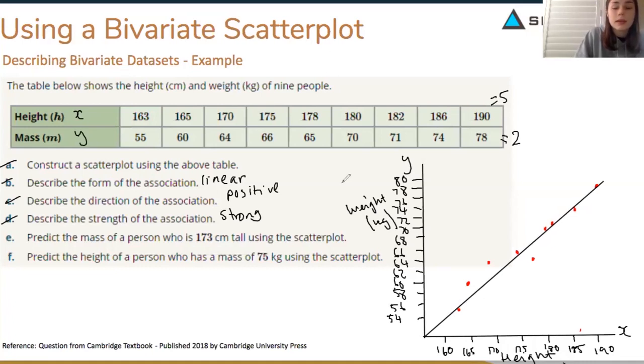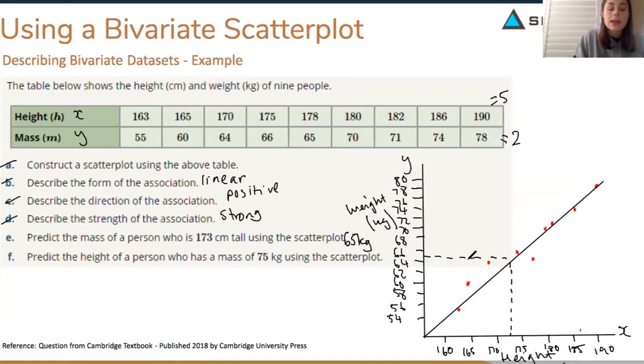Okay, so 173 would be maybe here-ish, I'm hoping. So I go up till I reach my line, and then I go across. So I'm going to say 65